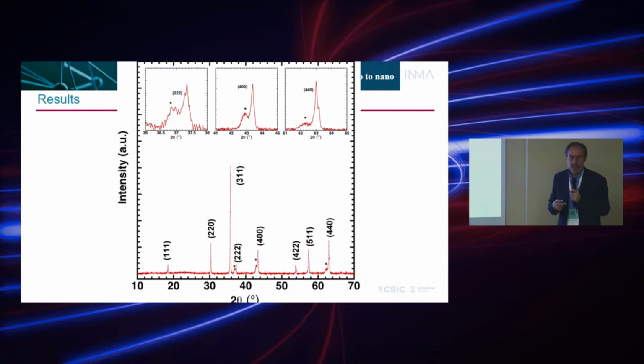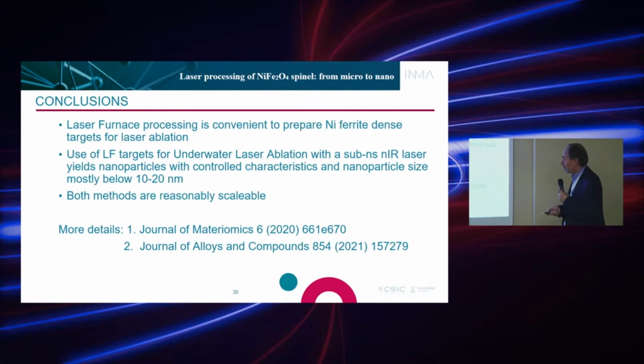If we were doing it in, let's say, a 100 nanosecond regime, we would have large melting, and we probably would have lots of spheres which would not be able to crystallize because they would cool down very fast from this very intense melting. But in this case, as we go to very short pulse lasers, we favor removal of grains and nanoparticles by a different mechanism and avoid melting, which sometimes may be detrimental to crystallinity. So in this case, we have the ferrites,